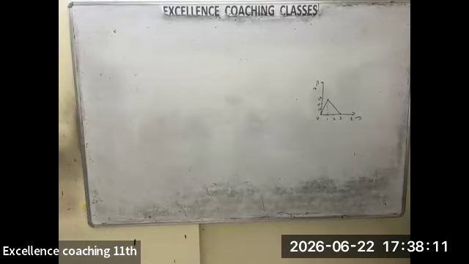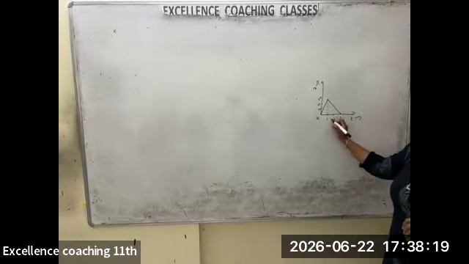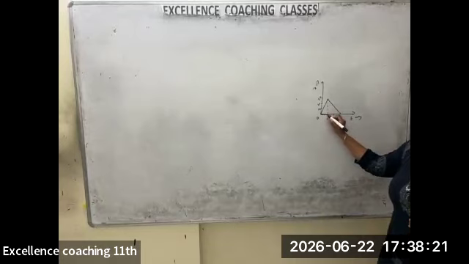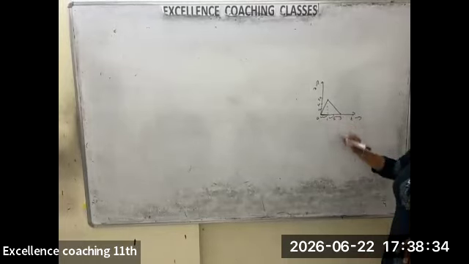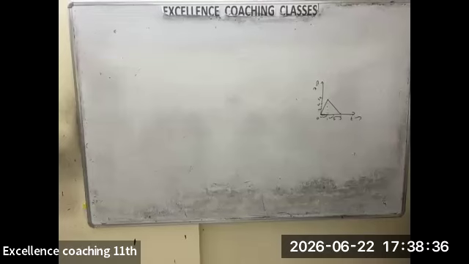What is the ratio of the velocity in the first second? First second means what? These are the seconds. So first second, this is your first second. Okay, understood? And then in the next 2 seconds. So next 2 seconds, you have to find the